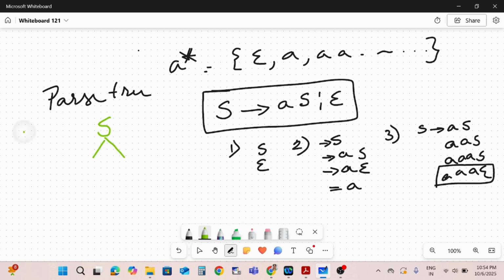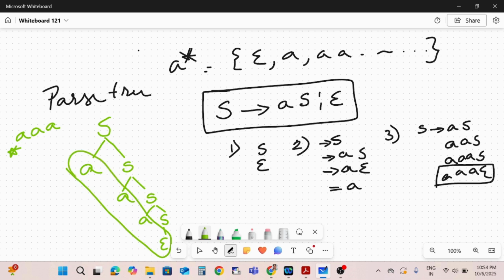Suppose we want to generate it for 3 A's. How will we be able to generate a parse tree? S tends to AS, S tends to AS, S tends to AS, and S tends to epsilon. So if we look at the root node, you have 3 A's. This is how we should be able to validate whether the given grammar is correct or not. This is how we should be able to generate